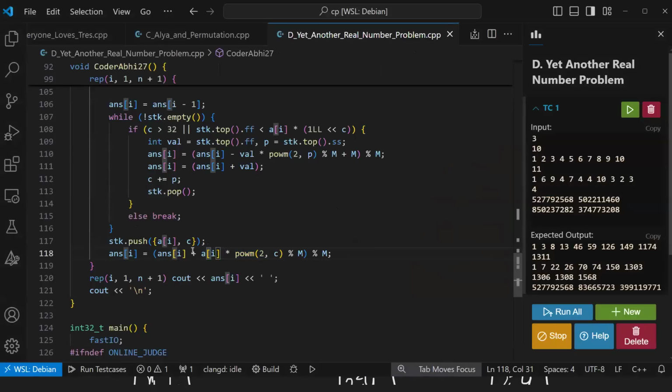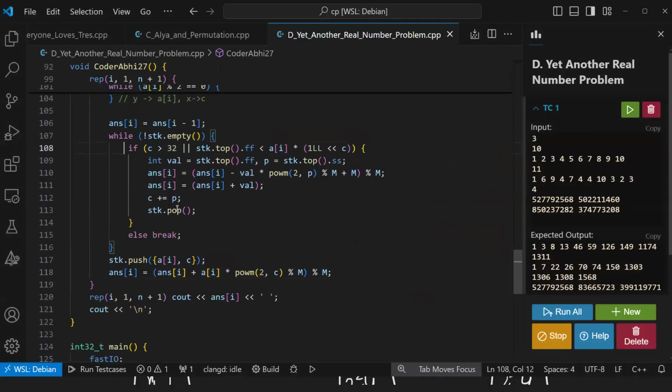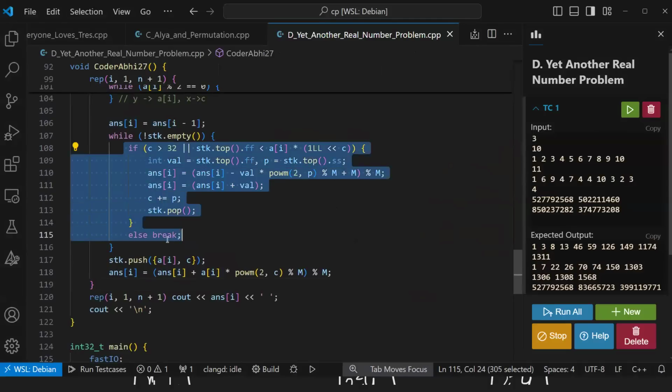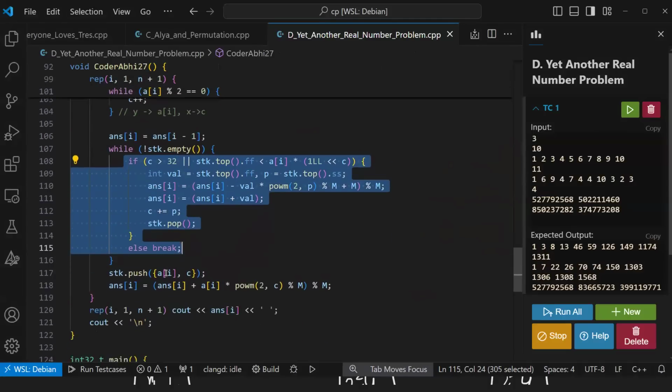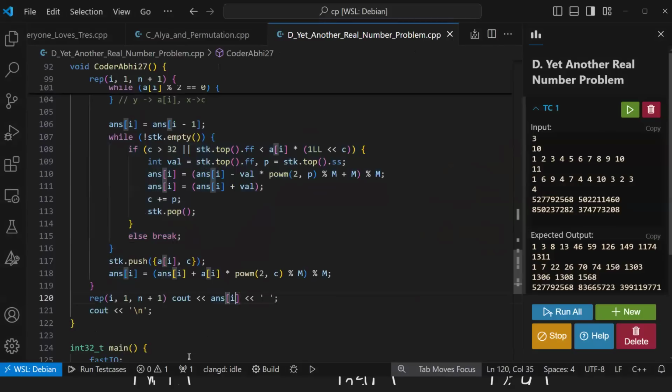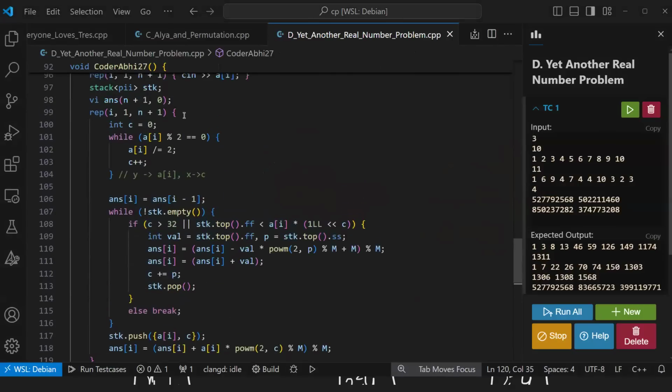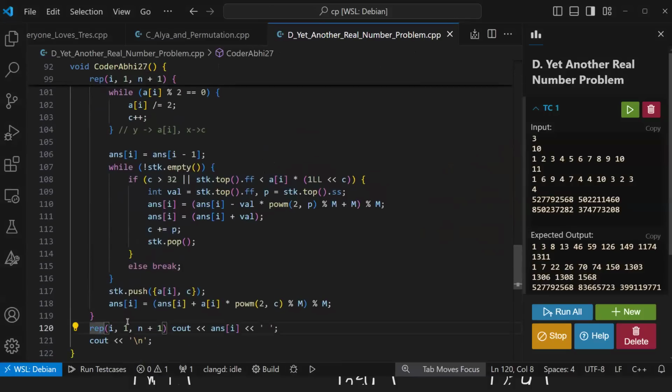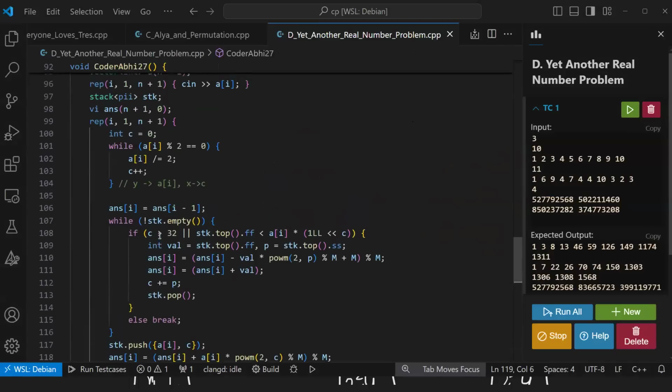Like answer I is updated as AI into 2 to the power C. So this is how my answer got updated after doing this thing. And then finally I'm just printing my answer. I hope this is clear to you. If you have any doubts in this, you can ask, those who are watching till now, or I hope it is clear. If not,